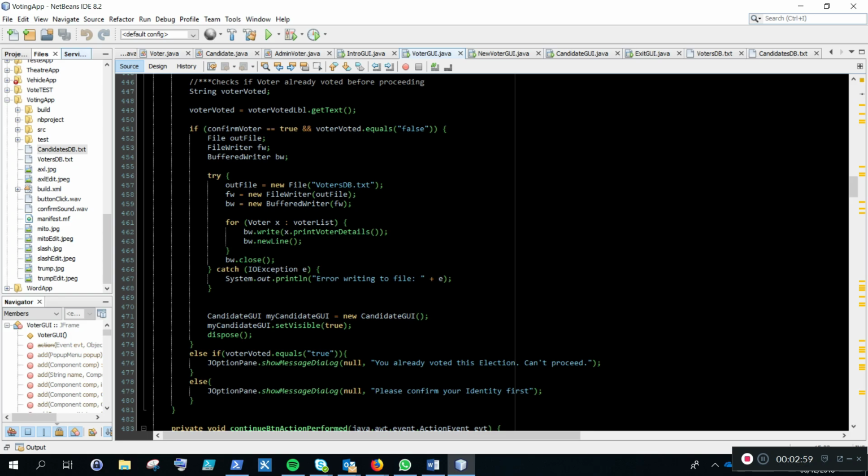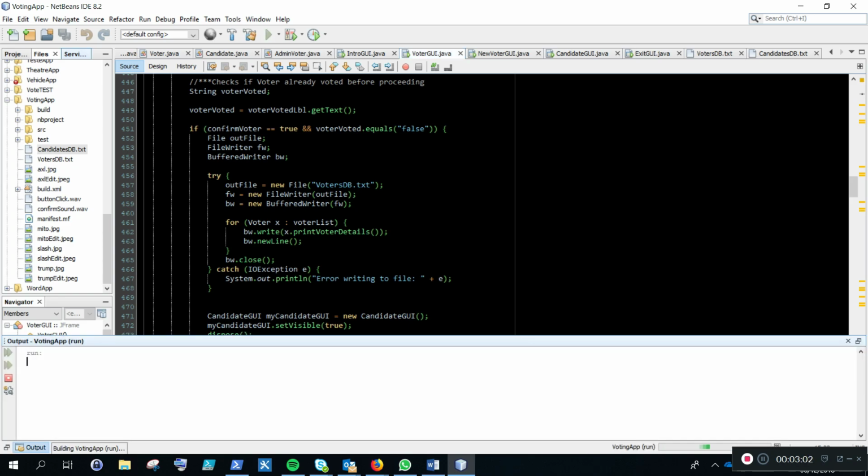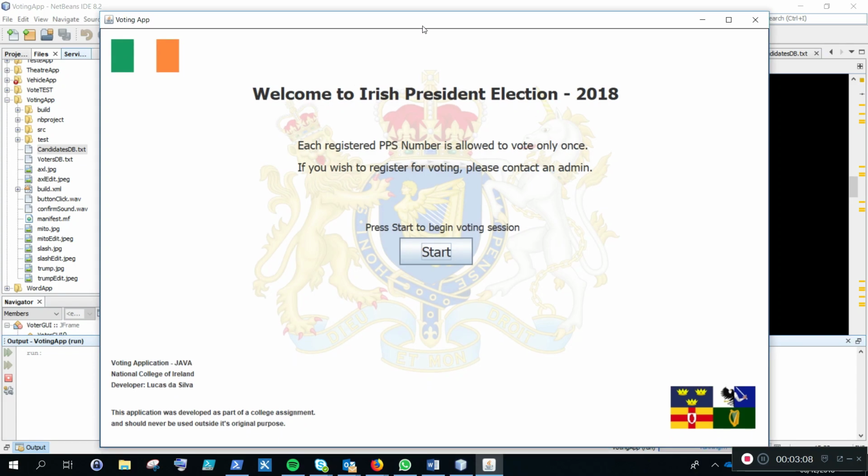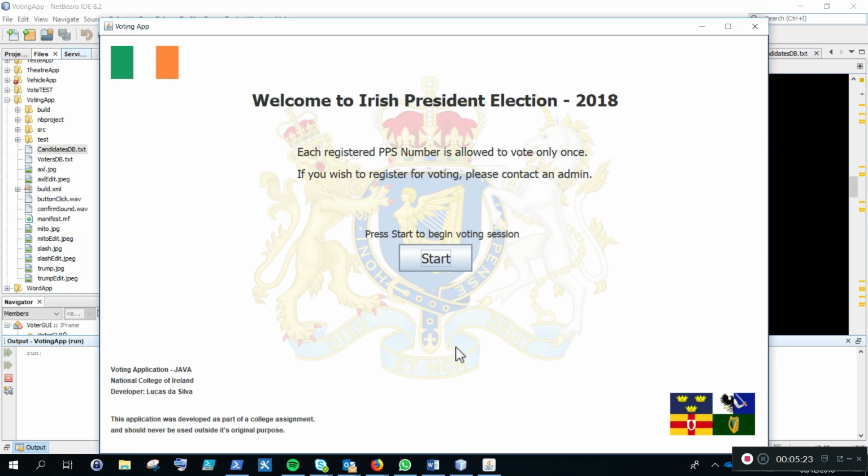Okay, so if I can run the application right now, this will be the first screen that the user would be interacting with. This is just a welcome screen, giving some details about the election that the voter is voting for in the first place. So in this case, I've simulated an Irish presidency election for this year, 2018. Just a reminder that this application was built for a college assignment only and should never be used outside this purpose. So if I can go ahead and click start here, that will initiate my voting session, and